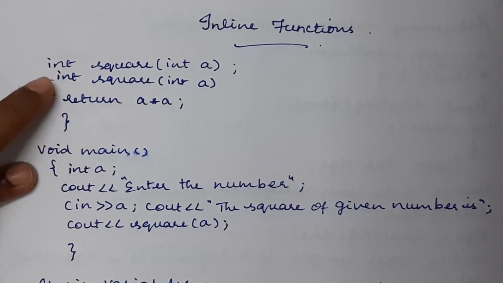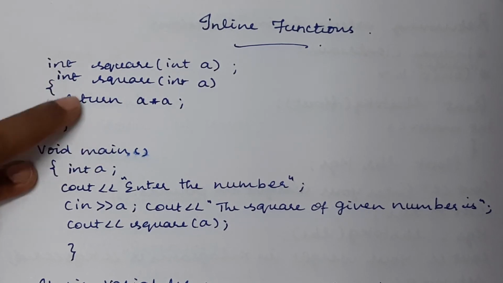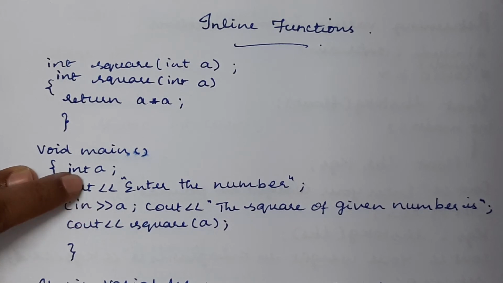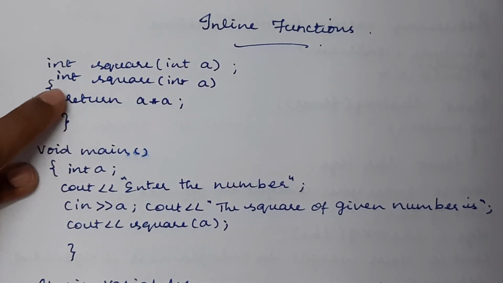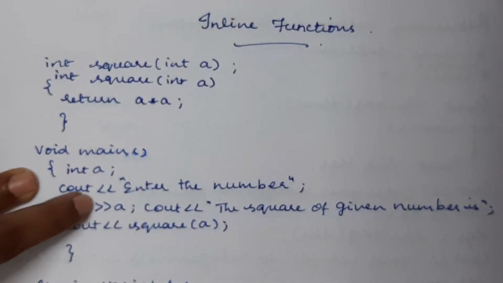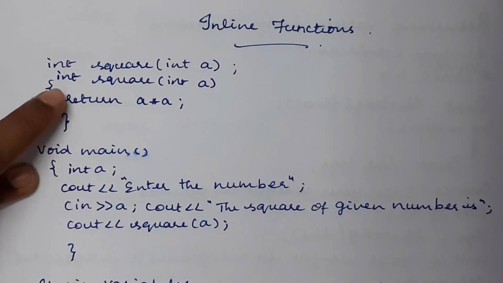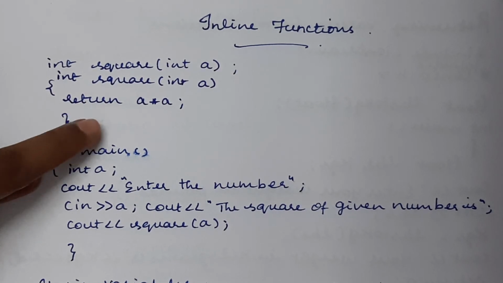The control will not be transferred to this particular function. Instead of that, this entire function will be placed in this main function itself, which means wherever we have invoked that function, in that place it will be substituted. So wherever we have the function calling statement, that statement will be substituted with the entire body of the function. Since it has only one statement, it is a very small function,